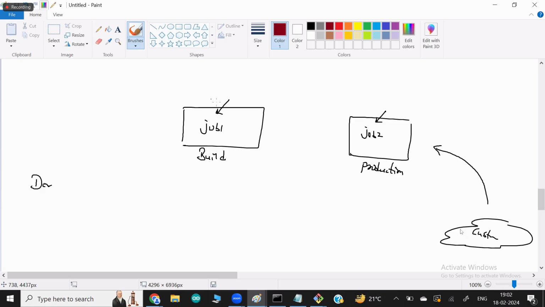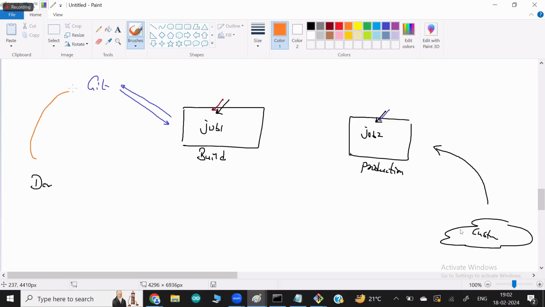But running the first job is also automated because I said in Git, just keep on looking at Git. If something changes, run automatically. This is automatic, but this other job is not running automatically. I have to click on the button and run this job. So what you can do here,